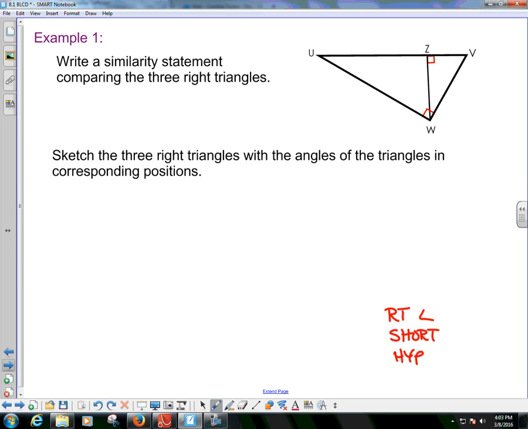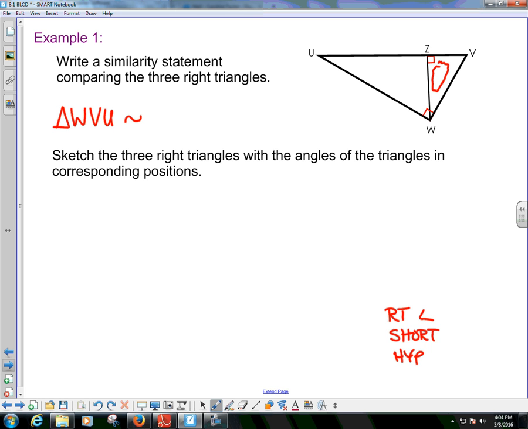If I do the same thing every time, things will be consistent, they'll be more accurate, and honestly it'll be faster for me. So I'm going to talk about the big triangle. I'm starting with my right angle, so angle W. I go down the short side to angle V, and then I stop at the other side of the hypotenuse, which is U. And I say that that triangle is similar to